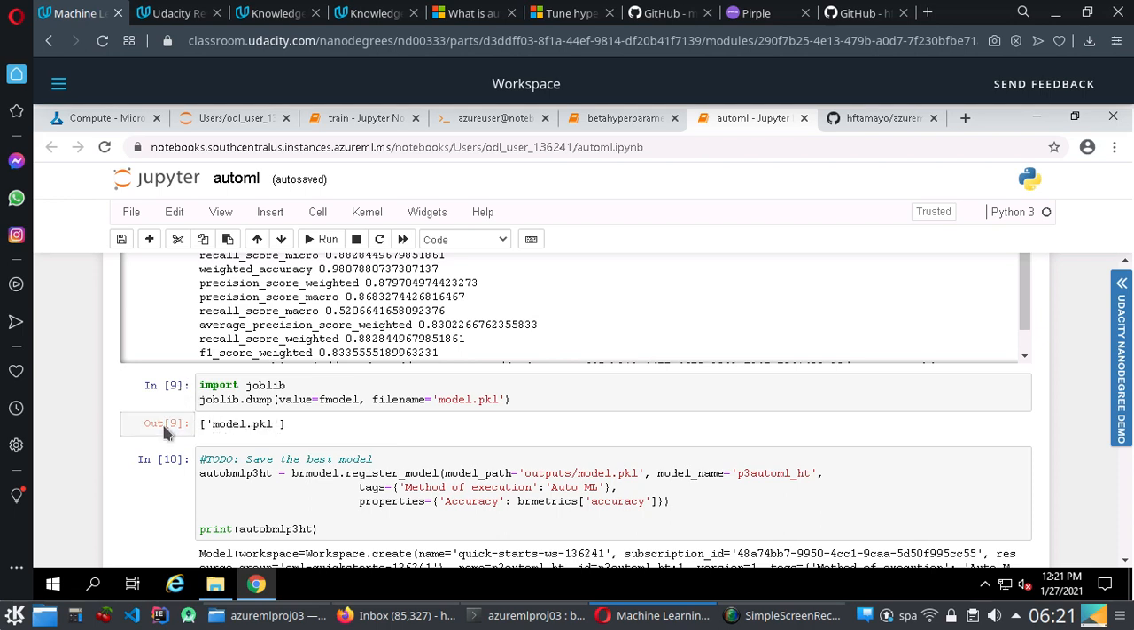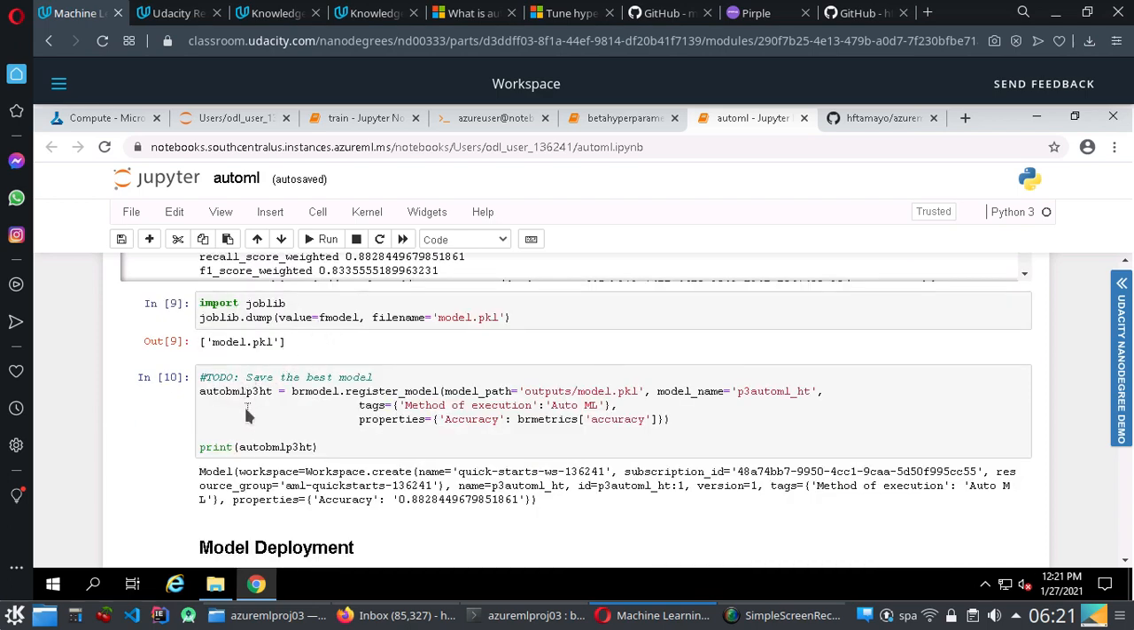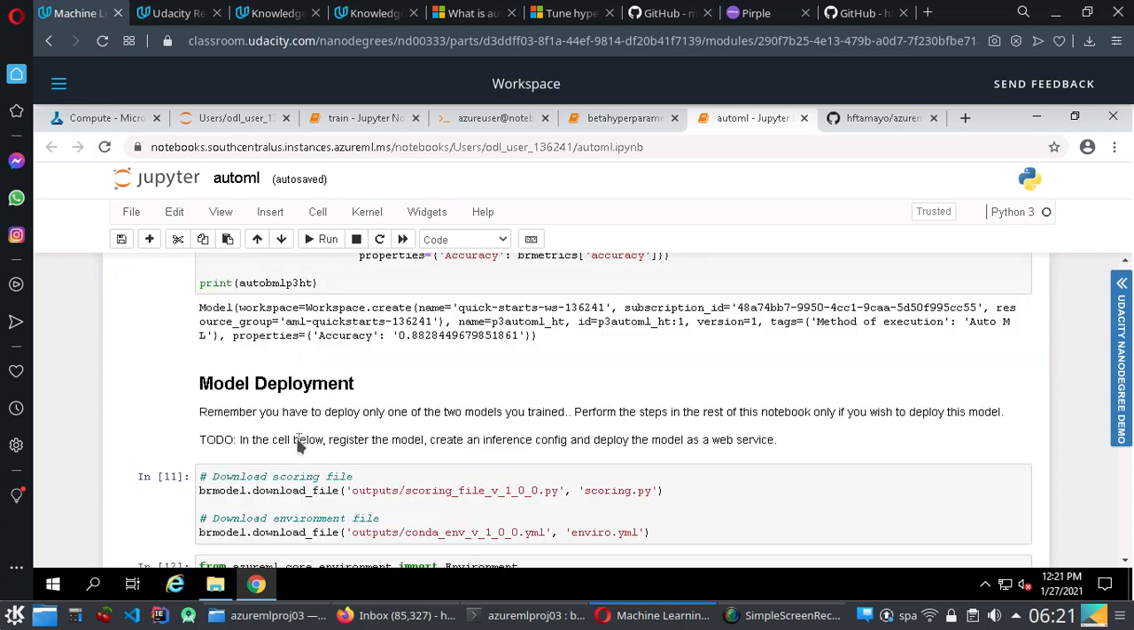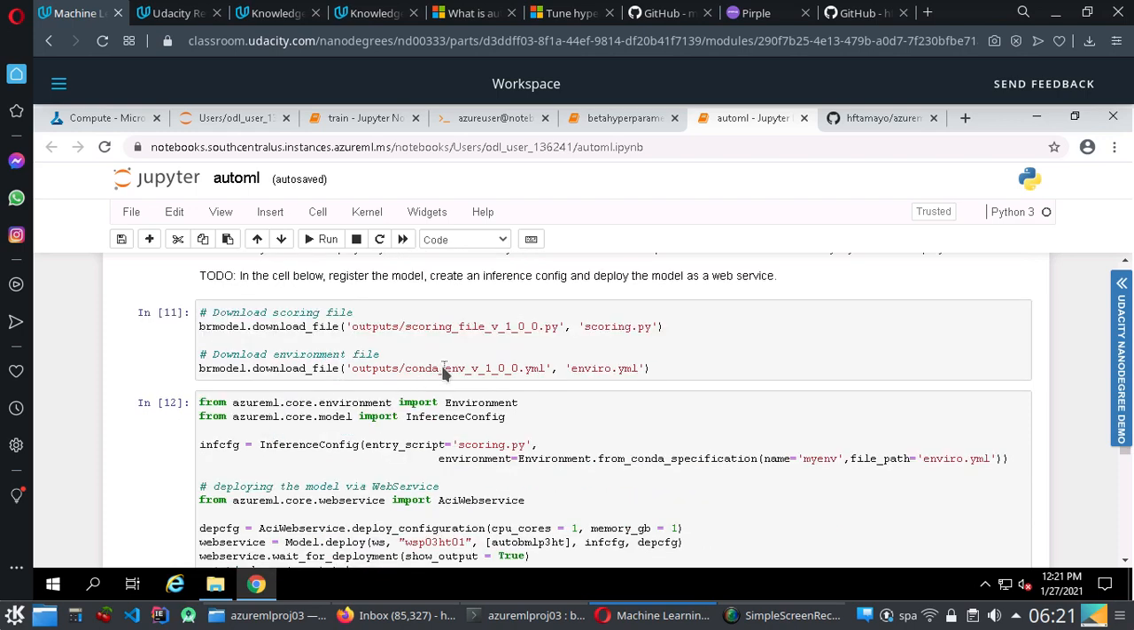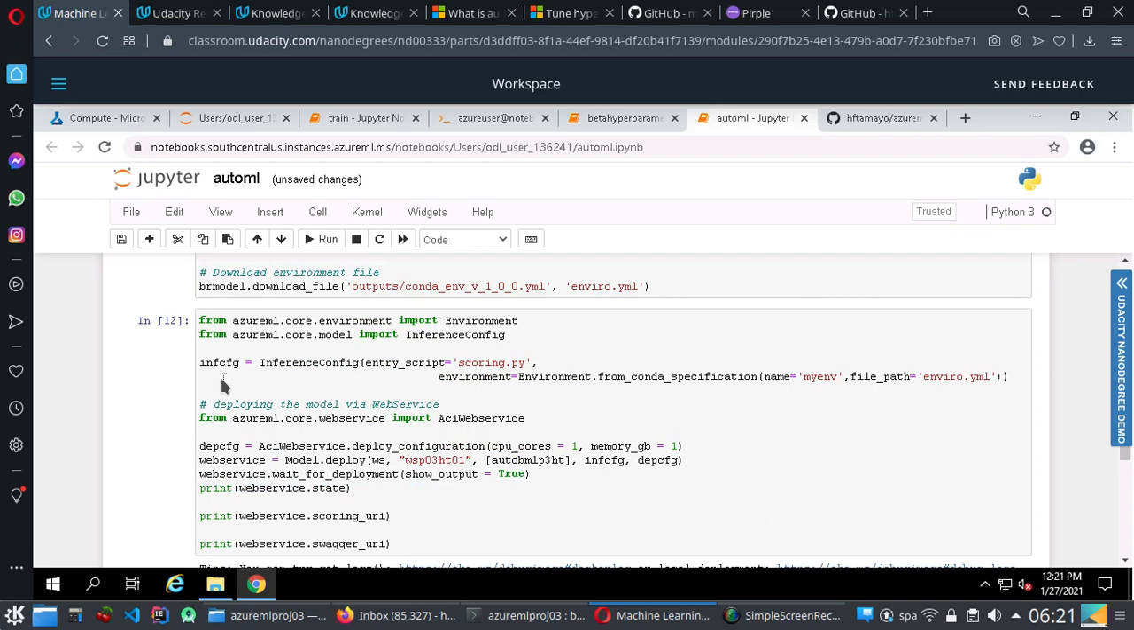So let's get back to the AutoML experiment. Okay, here's how I obtain my best model. Then we have to register this best model using this one. And then we're going into the model deployment process. It would be great to use a scoring file as well as the environment information of the experiment. And this is the source code of how we deploy the model using